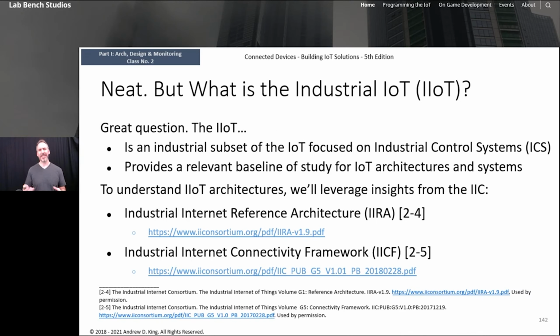Okay, so what is the industrial Internet of Things? It's a subset of the IoT, just like other XYZ of IoT are subsets of the IoT. There's the medical Internet of Things. There's the industrial Internet of Things, and the list goes on and on and on. But it really just gives us a kind of baseline, like a separate,